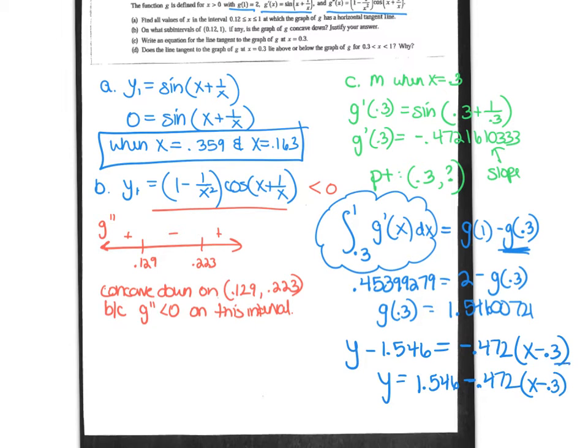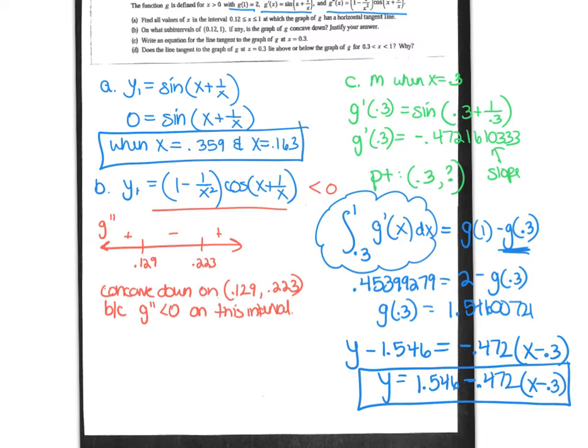And I noticed none of their answers ever really distribute that through. So we'll leave it in that form. And then part D, so that was part C. Part D: does the tangent line to the graph of G at 0.3 lie above or below the graph of G for the interval from 0.3 to 1? Okay, so we do want to figure out